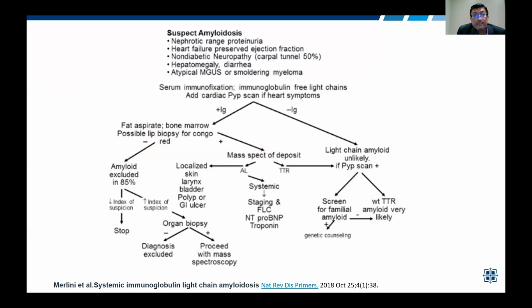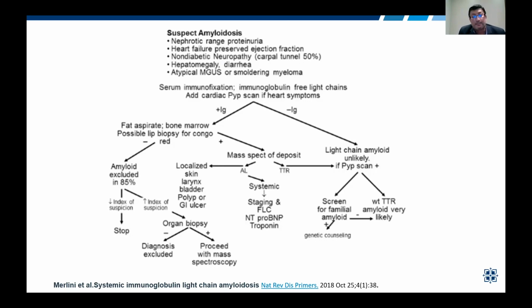Now, this slide is explaining some of the workup that we do. So we know now about the signs and symptoms. Now we talk about nephrotic range proteinuria, heart failure, non-diabetic neuropathy, hepatomegaly, diarrhea, atypical MGUS. When we get to case number 2, I will show you what atypical MGUS is. But in general, you suspect the disease and start the immunoprotein workup, and if it's negative, you have comprehensively evaluated and you still suspect it, you can do the PYP scan and confirm whether the patient has TTR amyloidosis or not. But if the immunoglobulin protein plasma cell dyscrasia workup is positive and amyloidosis is suspected, we start with the